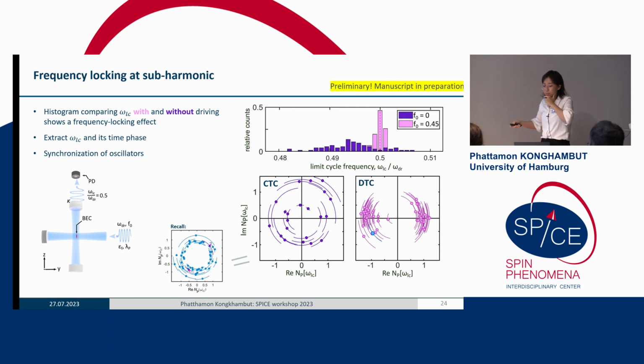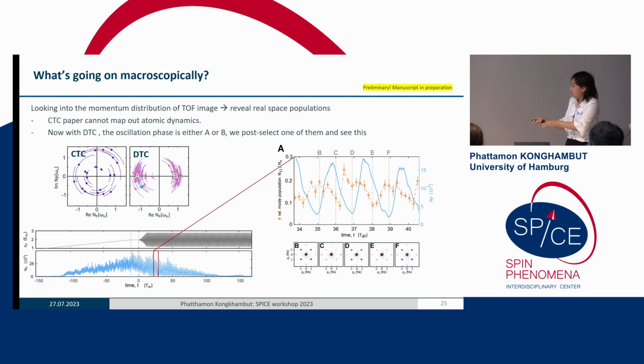And what else can we do? We can do more. We can study how it looks in your atomic section. What does it do macroscopically? From the seeding experiment, because now the phase is pinned down, we don't have a random phase anymore. If we would do the experiment, stop at exactly this time, and take a picture of your atomic density. Before you could not, because the phase could be anything, you would have to do it 10,000 times to be able to post-select the right time phase and take the right atomic density picture. Now you have only 2. It is easier. You just post-select one of these, stop it at a small step of time,